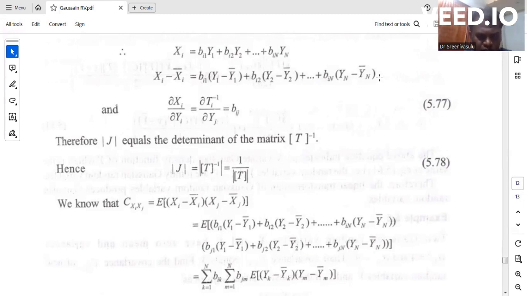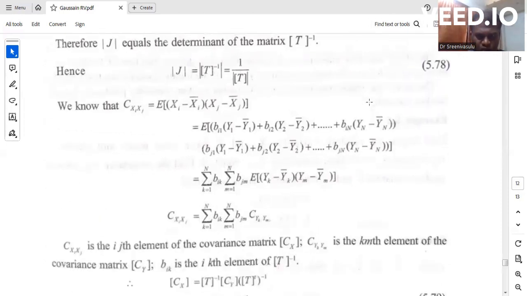Now, in this same equation, we have this linear combination of transformed random variables. We have a formula for xi, and that formula here we can replace with bi1 into y1 minus y1 bar and the linear combination of this. So like that, we can frame generalized mathematical equations. The generalized equation is the sum over k equal to 1 to n of bik and m equal to 1 to n of bjm, and the expected value of yk minus yk bar into ym minus ym bar. Now finally, this Cxi xj is equal to the sum over k equal to 1 to n bik, m equal to 1 to n bjm Cyk ym, that is the correlation between